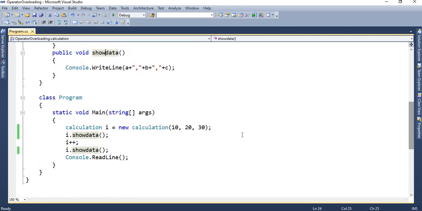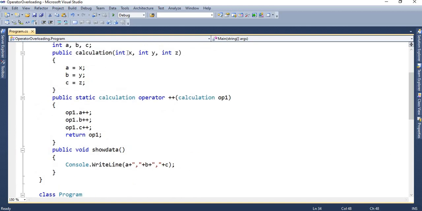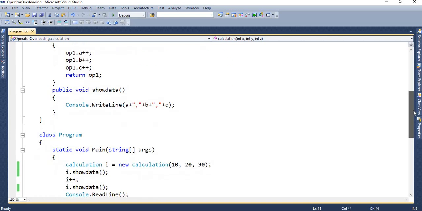And let's understand what coding is done in the main function. I have created an object of Calculation, i is equal to new Calculation 10, 20, and 30. Those values will be passed to the constructor, 10, 20, and 30, and assigned to a, b, and c.